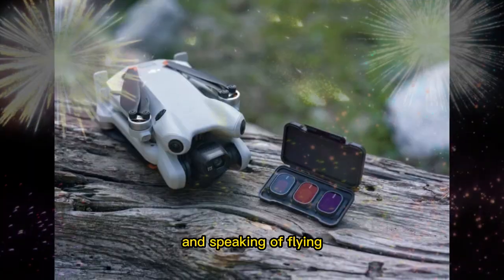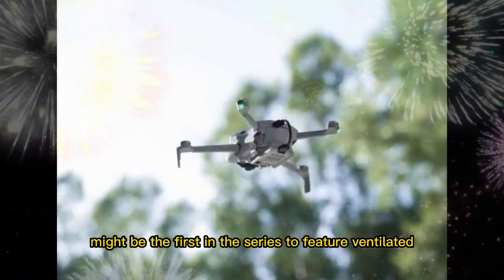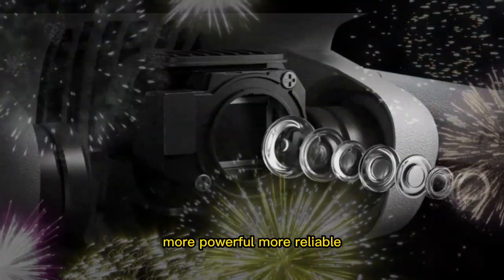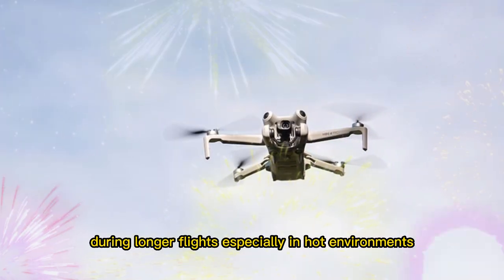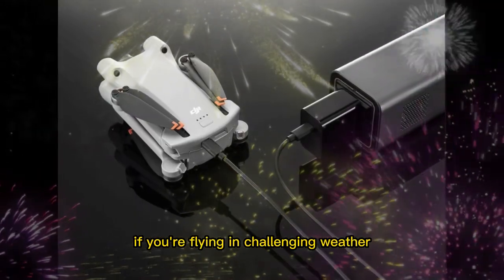And speaking of flying, let's talk about the motors and performance. The Mini 5 Pro might be the first in the series to feature ventilated motors. That's a technical term, but here's what it really means: cooler, more powerful, more reliable. These motors help prevent overheating during longer flights, especially in hot environments. They also give the drone stronger resistance to wind, which is a huge deal if you're flying in challenging weather